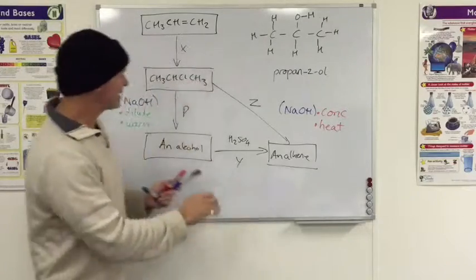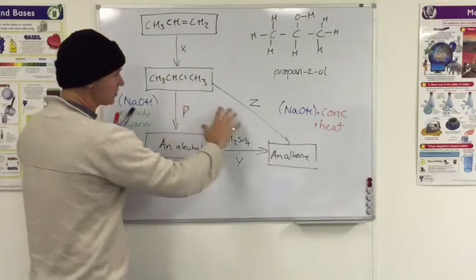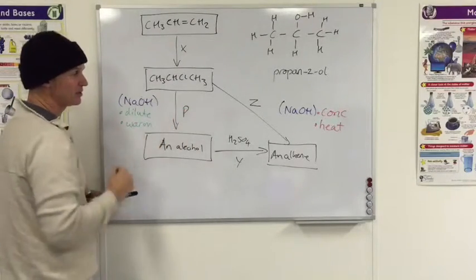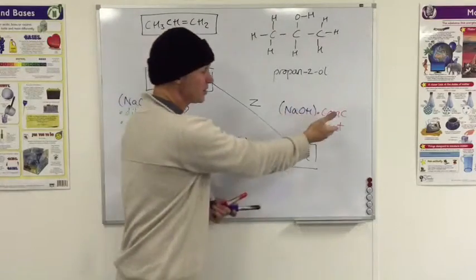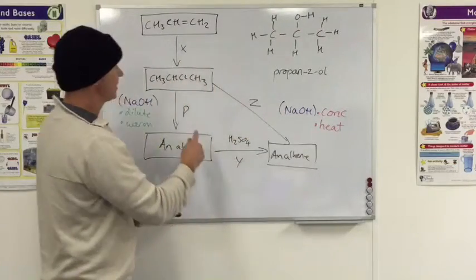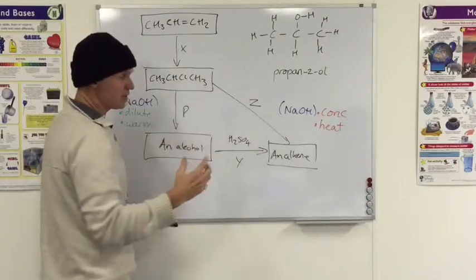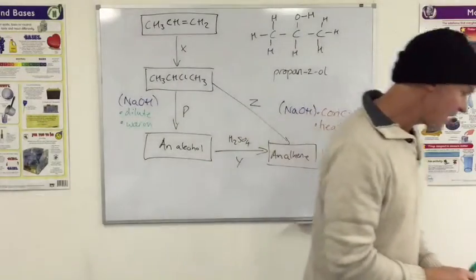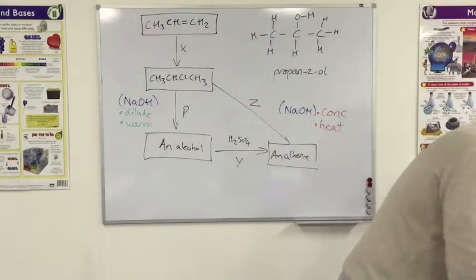All right, so that is a very good example. It comes up all the time. How can you make a different thing happen with the same ingredients? Well, you just change the conditions. So those could be two of the conditions, and the third one, just as a matter of interest, is to get that and that to mix, you have to put it in a solution of ethanol. All right. And then lastly,